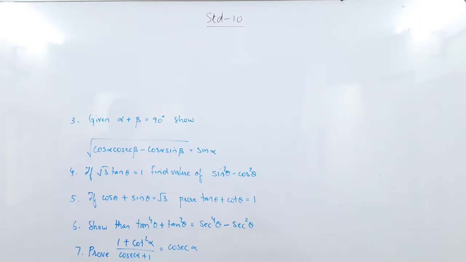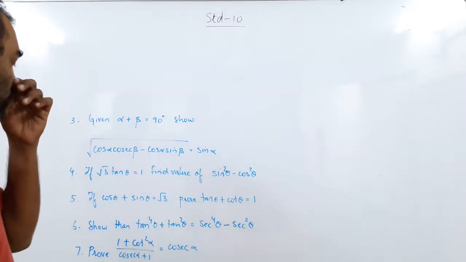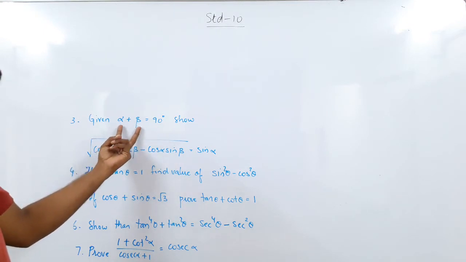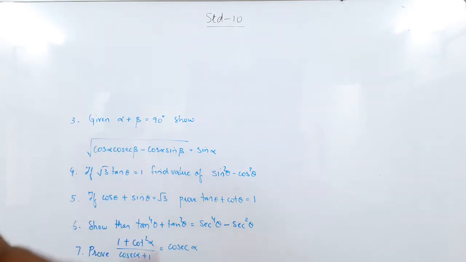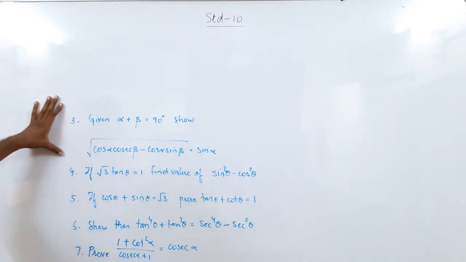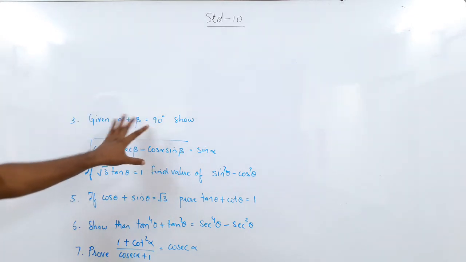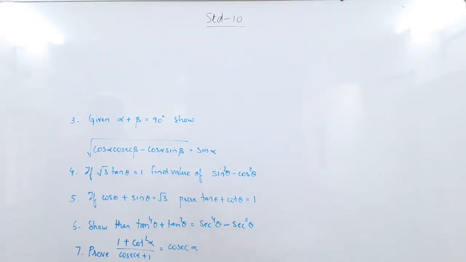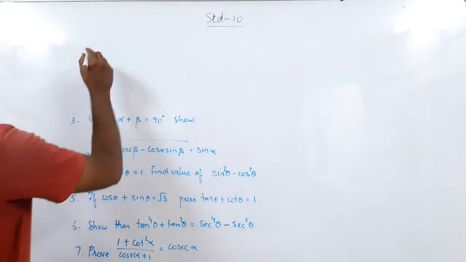Now we are given alpha plus beta equal to 90. If alpha plus beta is 90, then these two angles are complementary angles. And you know the relationship between complementary angles. So you will immediately know that these two angles add up to 90, they are complementary angles. So we will immediately work on the complementary relationship. Okay. So what is the complementary relationship? I will start the sum now.